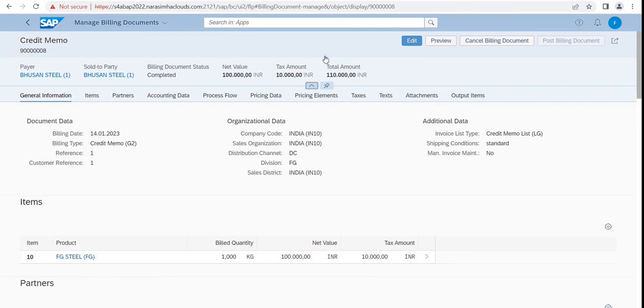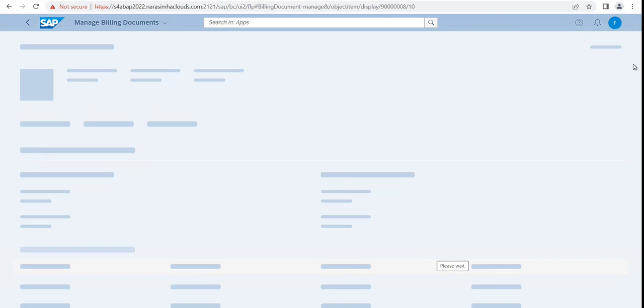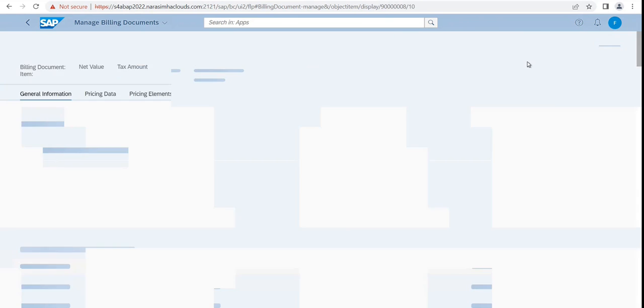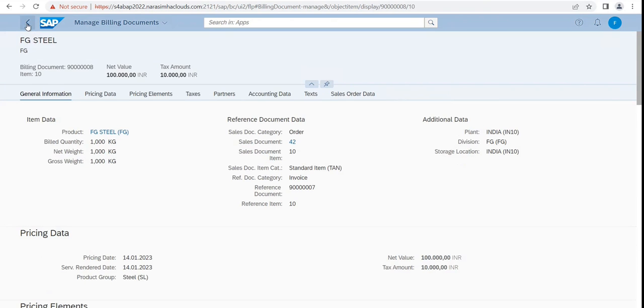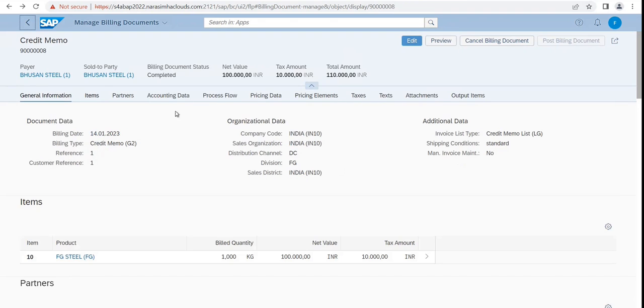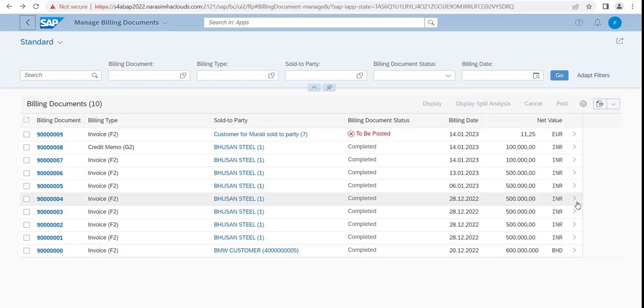So now tell me, to design the same app from a UI5 perspective from scratch, how much time would it have taken? More, right? It's not an easy task. Okay, so see, within just an hour we activated this standard app. We have even assigned the roles of this custom